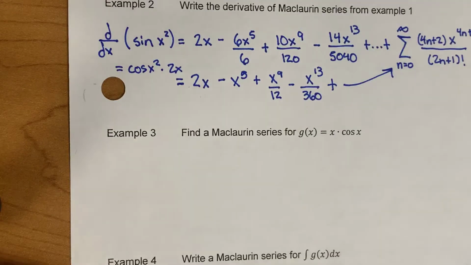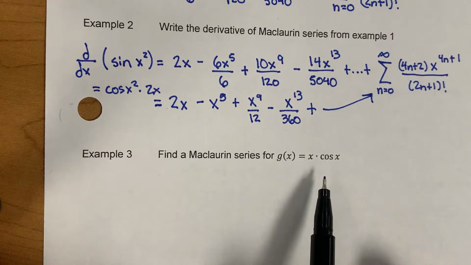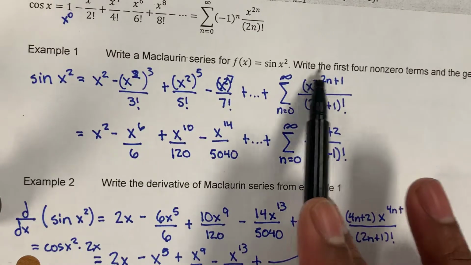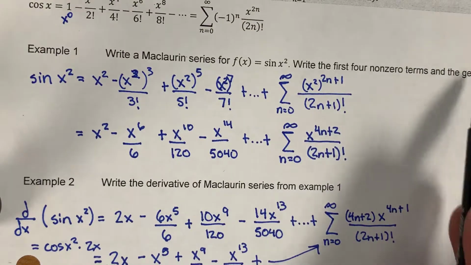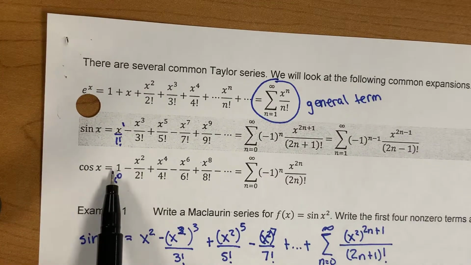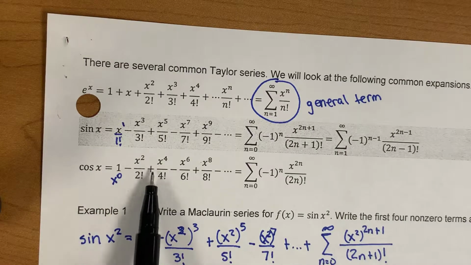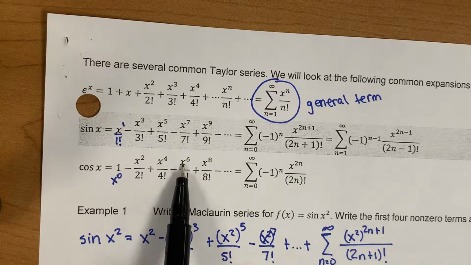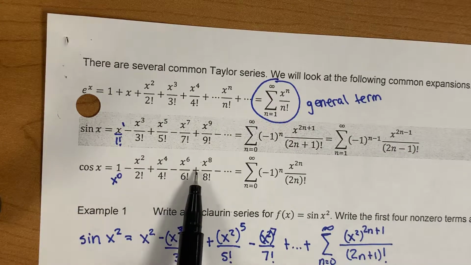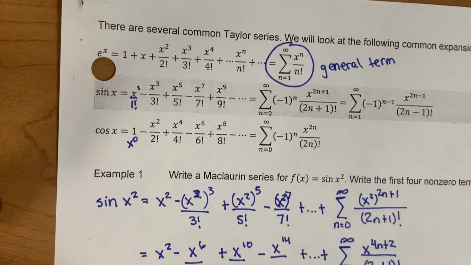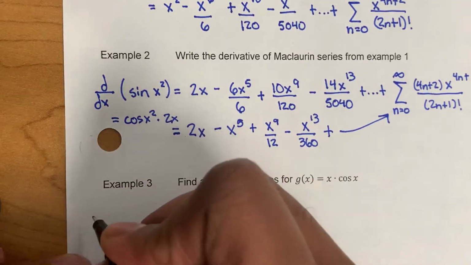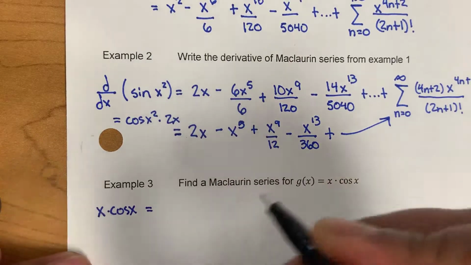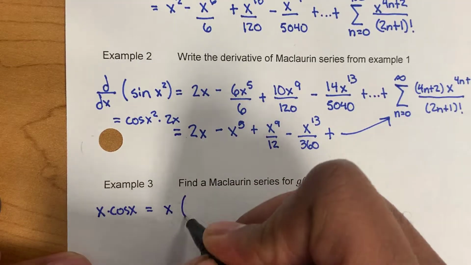So for example 3, we have to do a Maclaurin series for x cosine x. And we still want to do the same thing where we write the first 4 non-zero terms and the general term. Now cosine is 1 minus x squared over 2 plus x to the 4th over 4 factorial minus x to the 6th over 6 factorial plus x to the 8th over 8 factorial. So if we have x times cosine x, that's going to equal x times